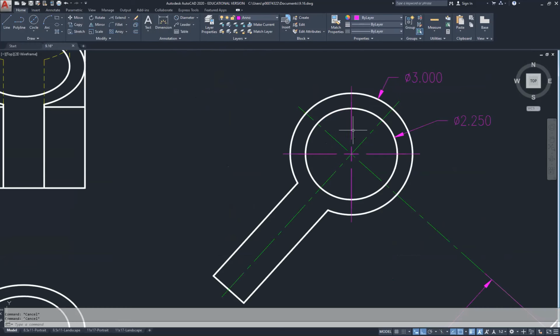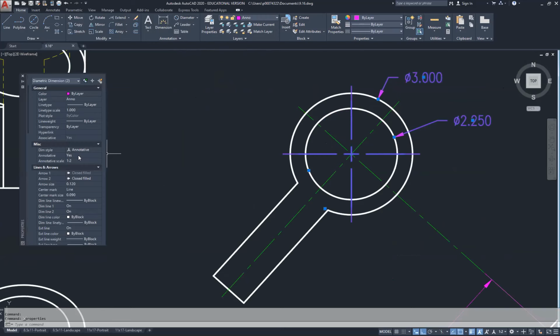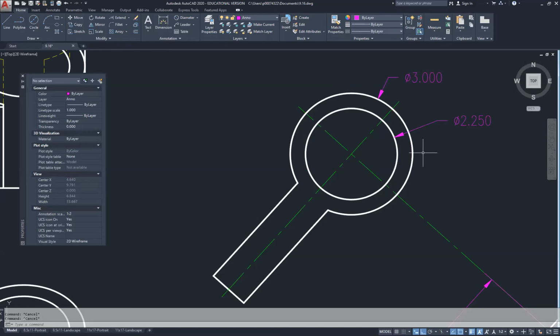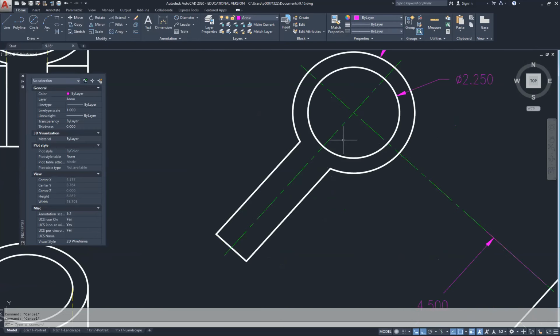Now I don't want to show the center line, so I'm going to select both of these and go to Properties. And instead of line, I'm going to change that to none. For a little bit of cleanup work,